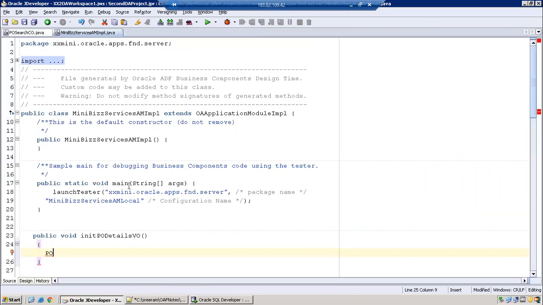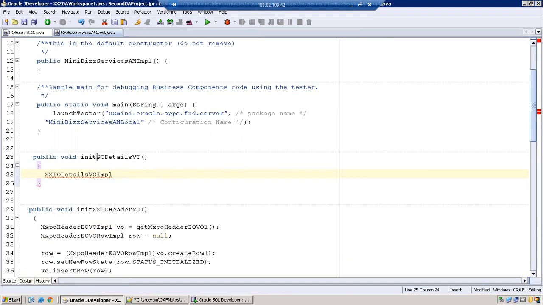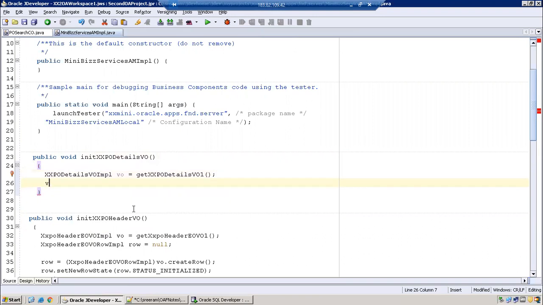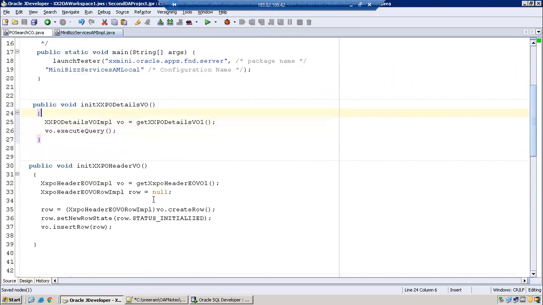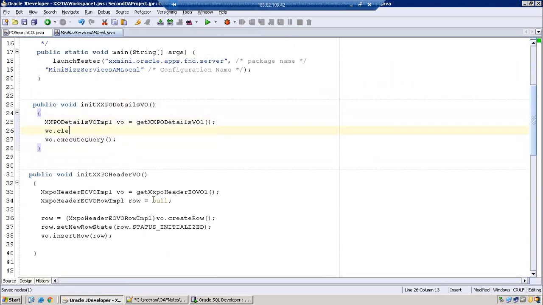XX VO details VO. Actually, the bottom is available, right? And it is going to construct the class, right? Here at the bottom, it already generated. If it is not there, it will not even allow you to call from AM, right? We assign the VO to the AM. That is why it is having the getter method here.